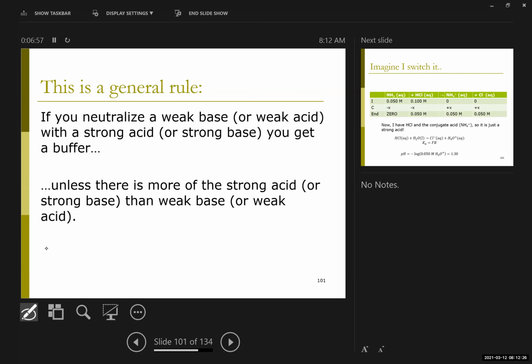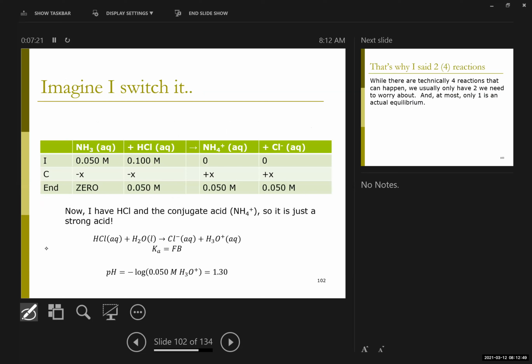Right. And again, that is a general issue. You see it in titrations, which we'll talk about next week, right? If you have a weak base or a weak acid and you add another acid or base to it, right? As long as the weak thing is left over, right, you will have a buffer, right? If my amounts were switched,